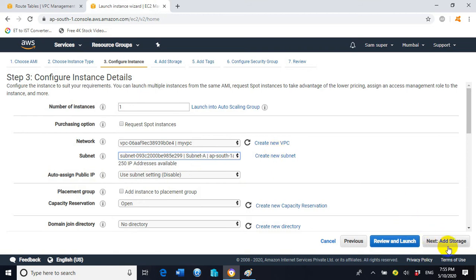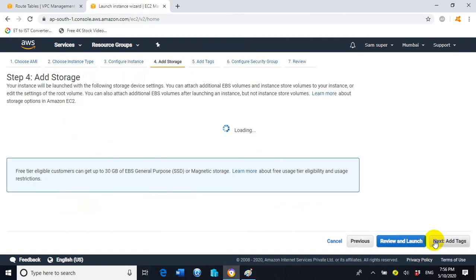Before clicking on next, I want to tell you one more thing. Only with the public IP can we access EC2 instances from the internet through the RDP console or through SSH PuTTY. If we disable auto assign public IP, then we will not get a public IP for the EC2 instance which we create inside subnet B. Now click on next.